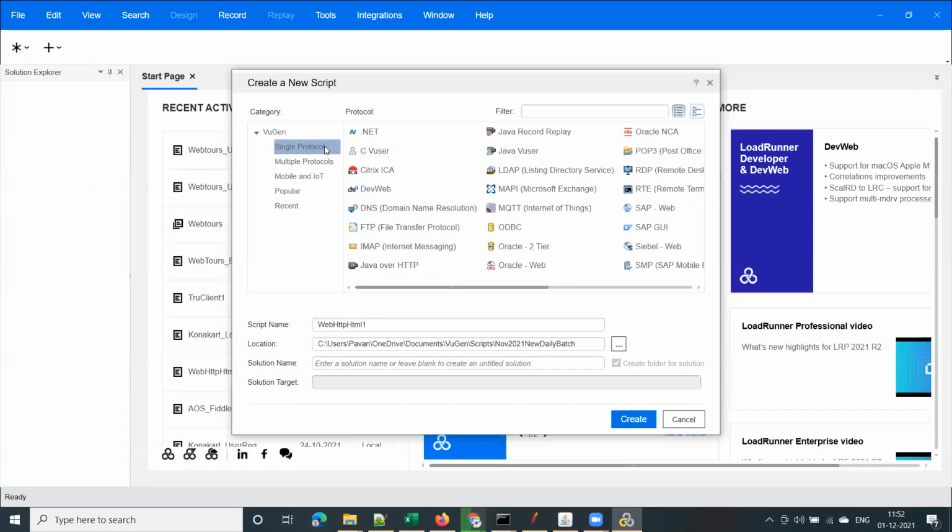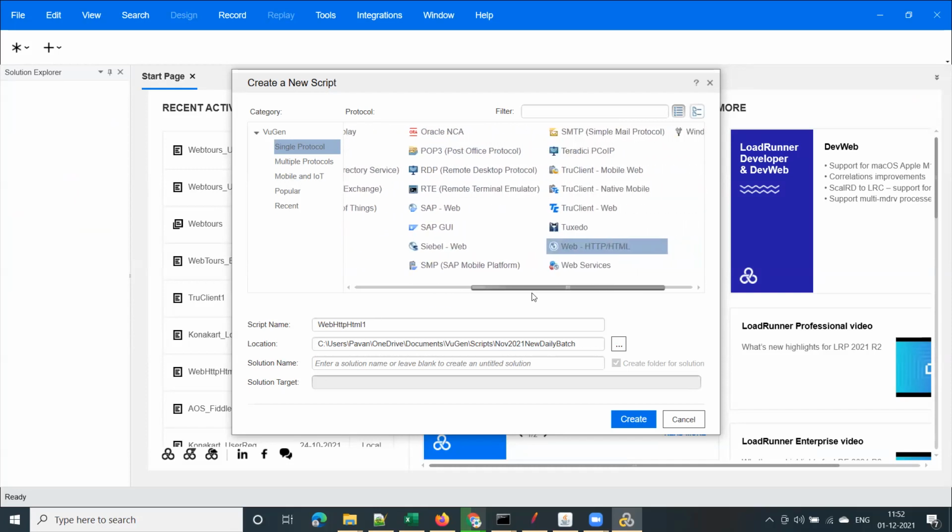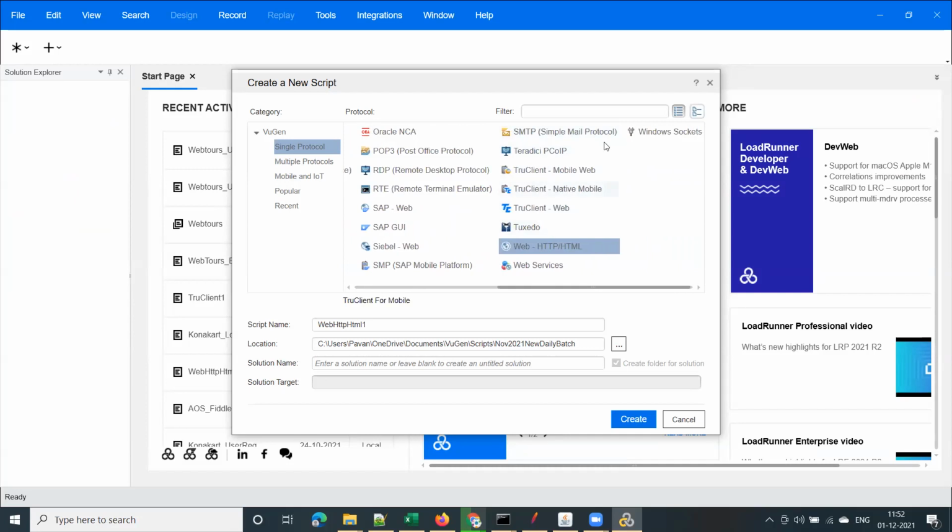And you got it right. What does protocol mean here? In here, protocol means the communication language between your browser and server. And these are the different protocols supported by LoadRunner. So in each column, you have 8 protocols, right? And in that way, you have 4 full columns, and then one more here.